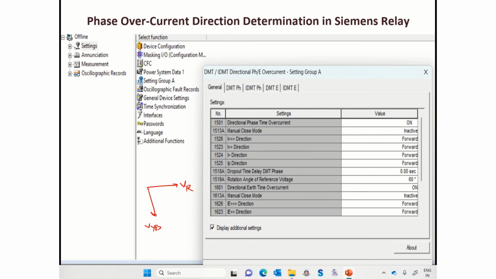So this is 60 from VYB. So this is 60 from here. That means from R it is only 30-degree lagging. While in this ABB relay, if you set RCA as 60, it will be directly from R, it is 60-degree lagging. So now if you want both, if you have both these relays, Siemens relay and ABB relay, in your system,